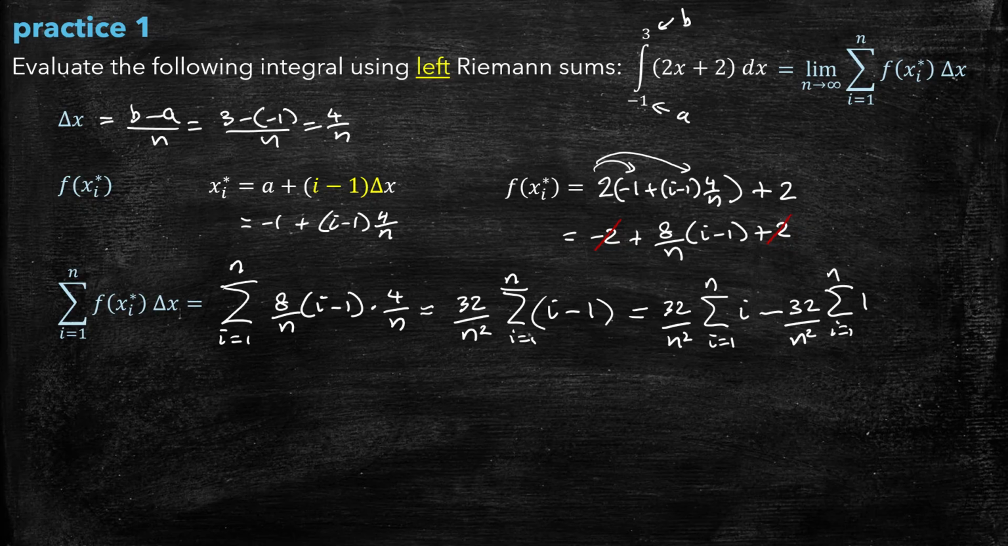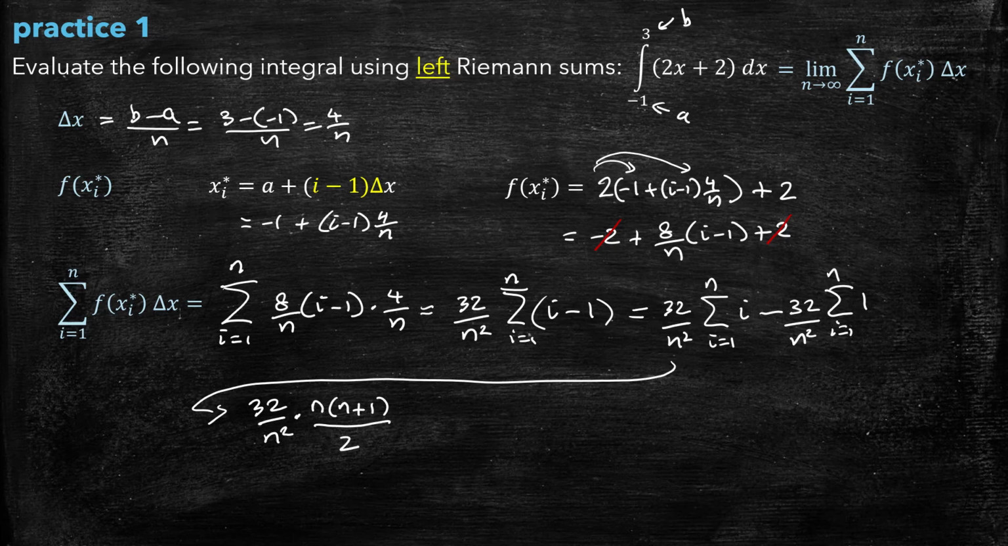And now let's bring this around here to give us a little more space. So that's going to be 32 over n squared. Now remember that the summation of i from i equals 1 to n was this formula. Okay, and then the sum of 1 is a constant, right? So we know that was n times c, but c is 1, so this is just going to be times